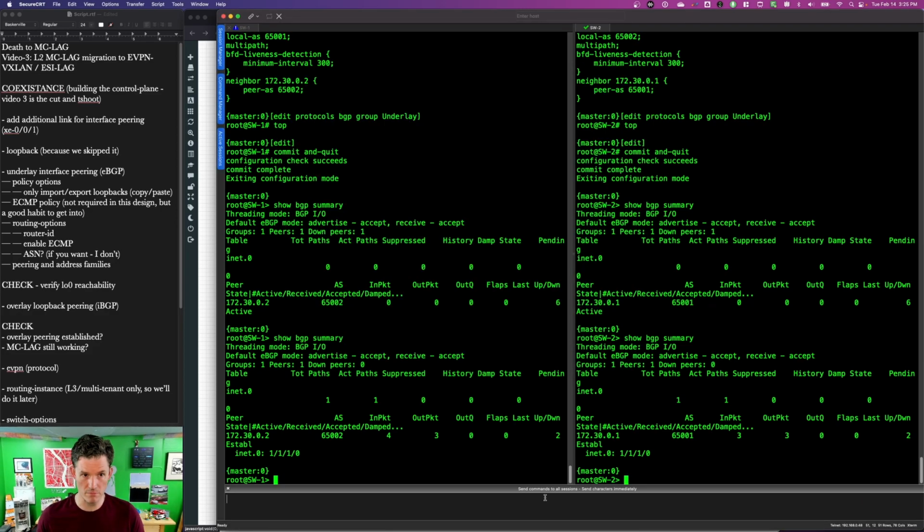Great. So our underlay is configured. Policies are configured. MC lag isn't broken. That's good, but we also haven't done anything special yet. So the next bit is the EVPN. Oh, we can also do this. Just make sure that our